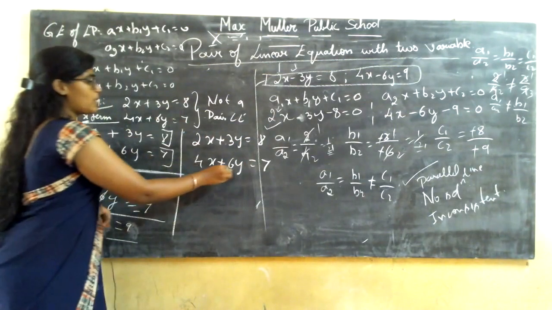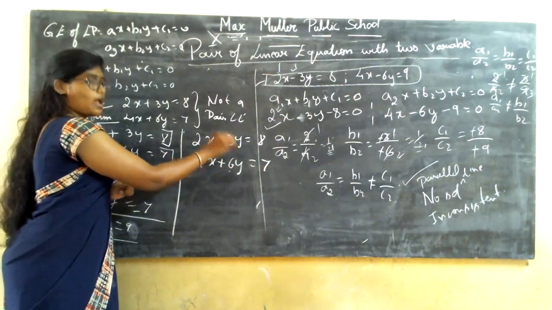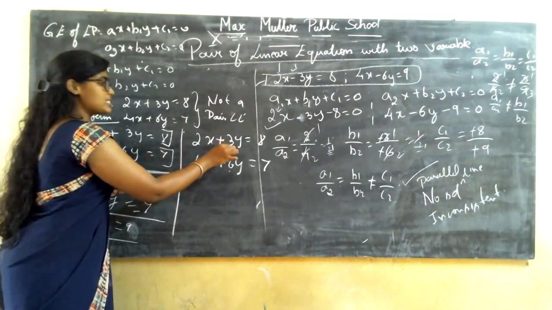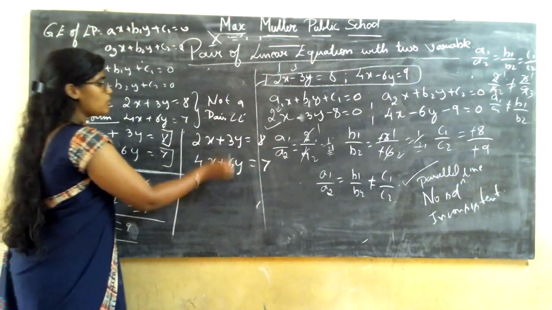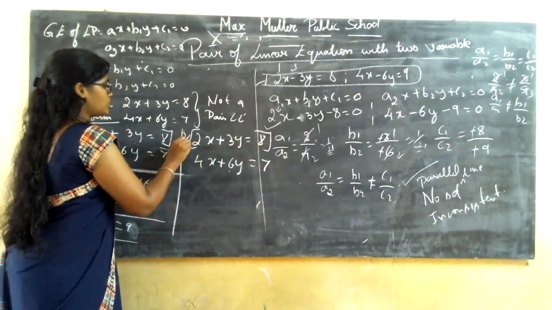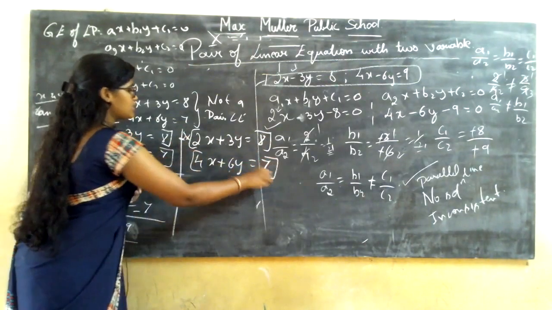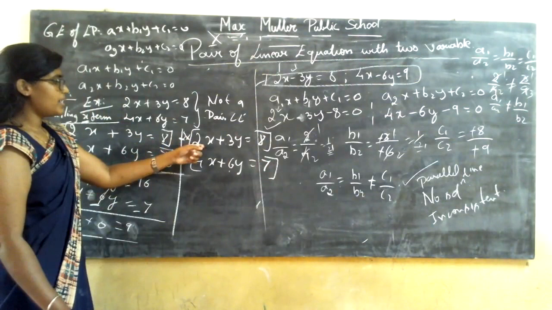You are going to see which is the highest number. The highest number is 6 and the least number is 3. Always multiply the least number with whatever you want the value of the highest number. So 3, how much are 6 you get? 3 twos are 6. And you want the 6 as it is, so let me multiply it by 1. Clear? If I multiply it, what do I get?